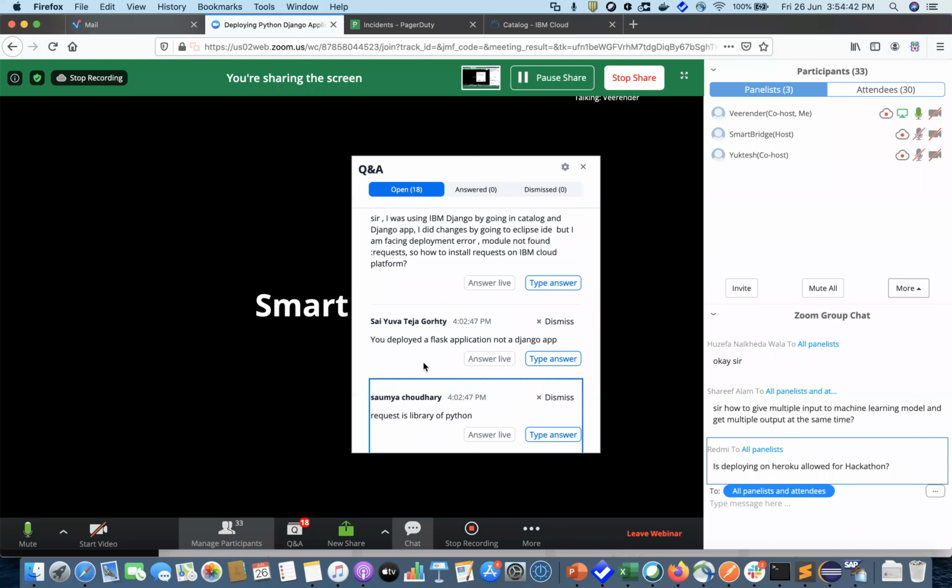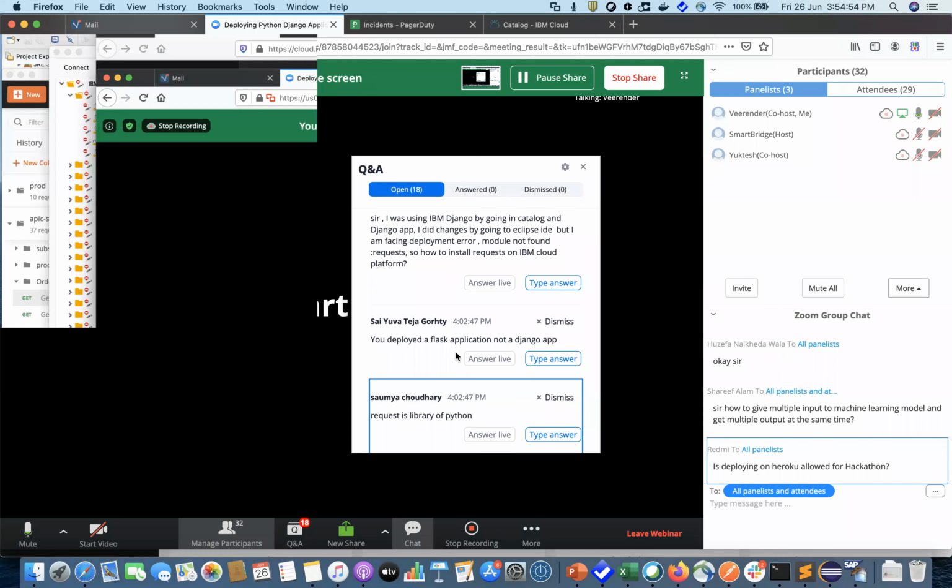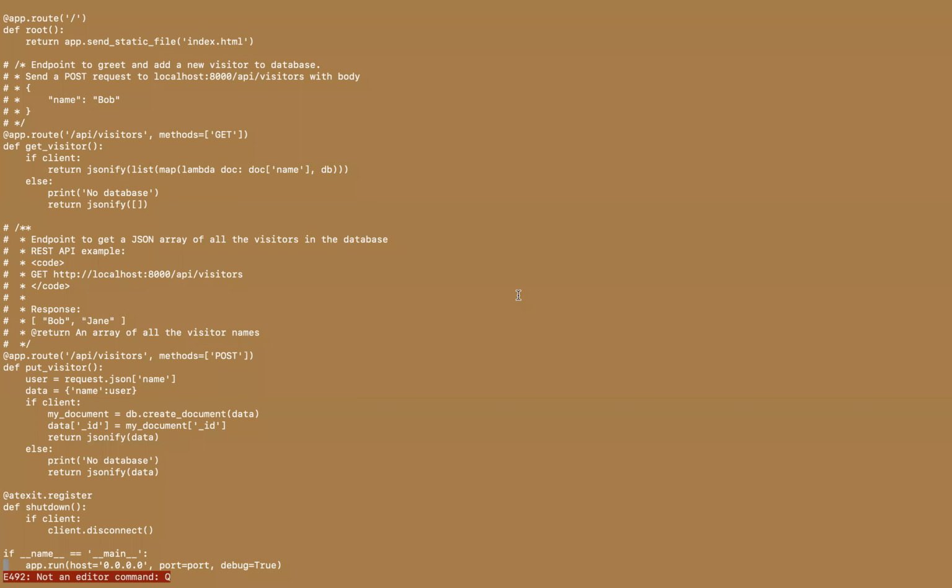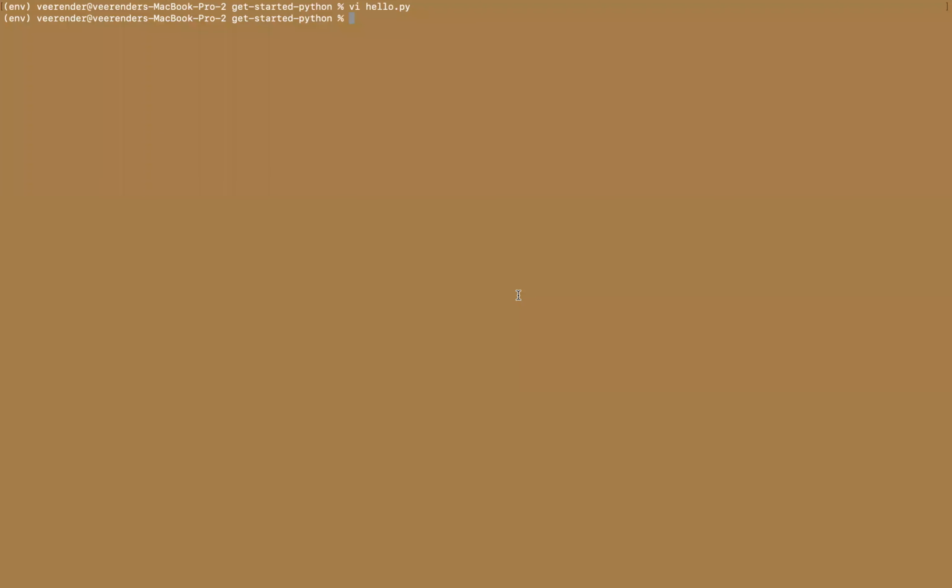Requests is a library of Python. There is a requirements.txt in that GitHub link, wherein whatever libraries your application is dependent on, you can keep entering those libraries and their versions in this particular format.